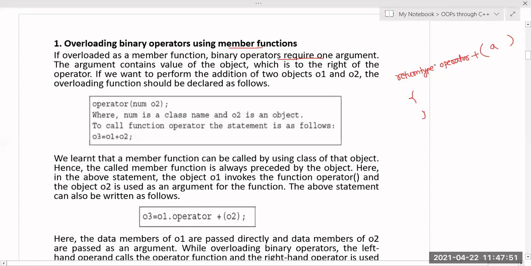Whenever I am doing binary operator overloading, if I want to perform it using a member function, that is operator as a member function, then it will take only one argument. The argument contains the value of the object which is to the right of the operator. So if you want to perform the addition of two objects O1 and O2, the overloading function should be declared like